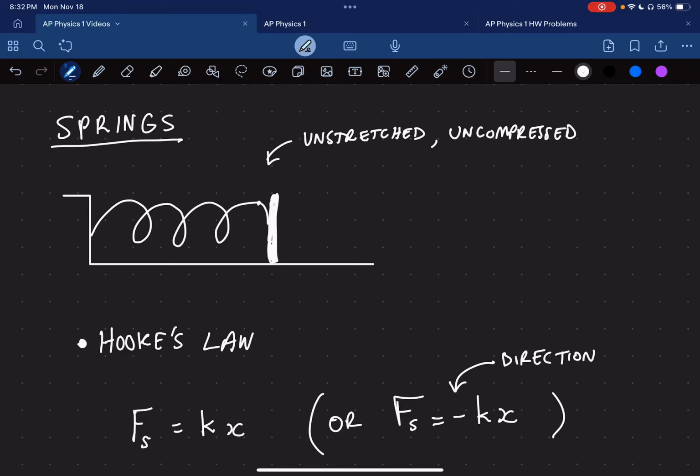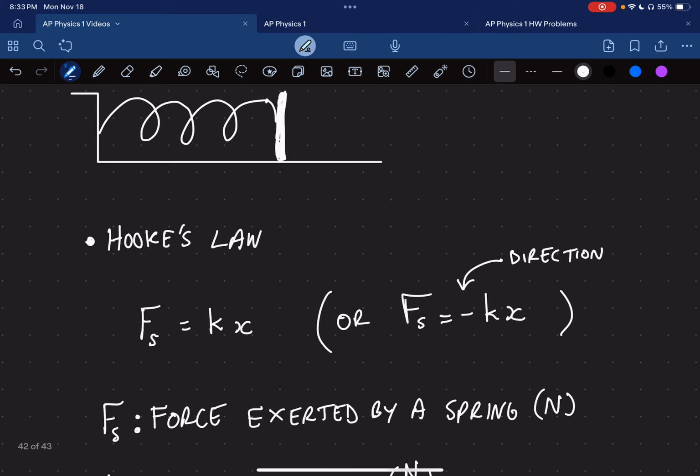Video is about springs. And so here I have a spring that is unstretched. In other words, we're not pulling on the spring this way. It is uncompressed, so we're not pushing on it. But if we do, if we push on the spring down here, compress it, or we pull it, Hooke's law